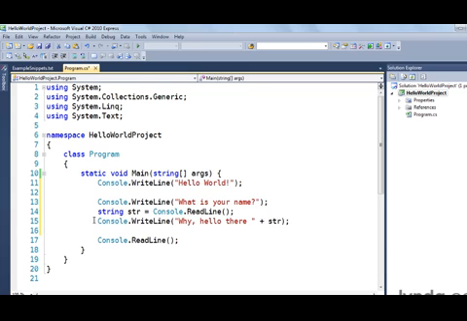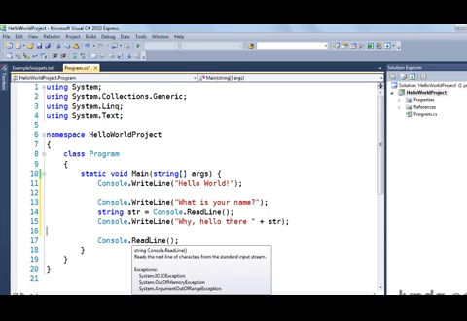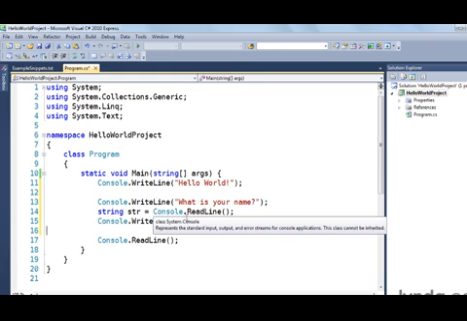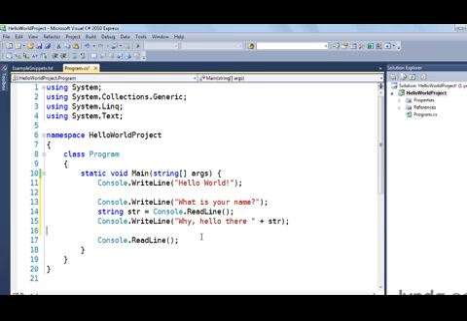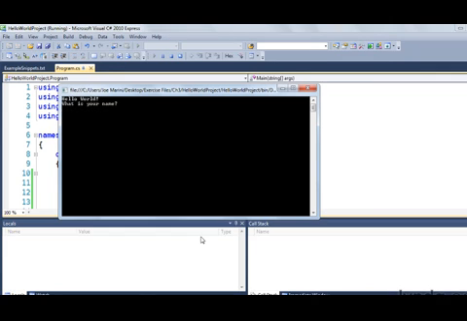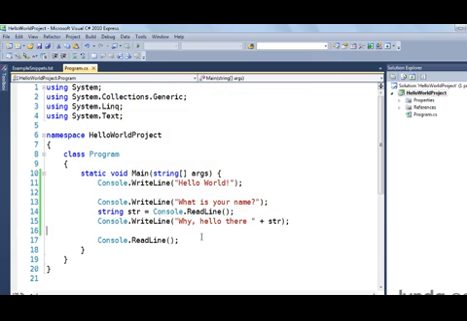So you can see here that we've got a string variable that is being assigned to the result of the ReadLine function. Down here, we're just not using the result, which is why the window is staying up. But here, we're actually going to read the result and use it in the next string. So I'm going to save, I'll build, and we'll run. And you can see it says, Hello World, what is your name? And I'm going to type in Joe. Hit return, and it says, why hello there, Joe. Let's go take a look at the code and see why that works. So you can see that the string variable here that gets returned from ReadLine contains